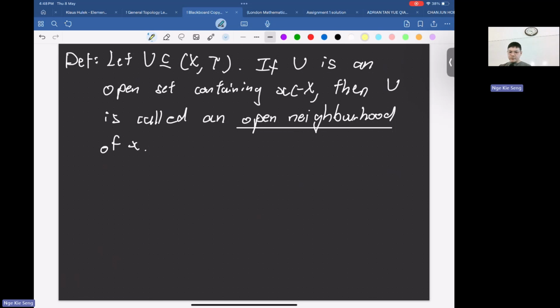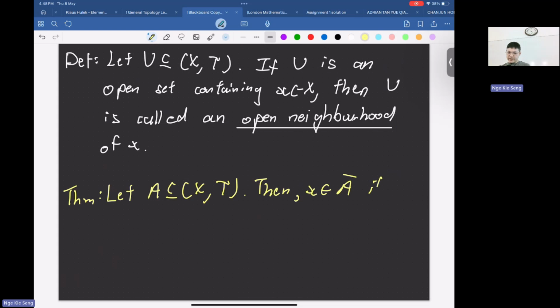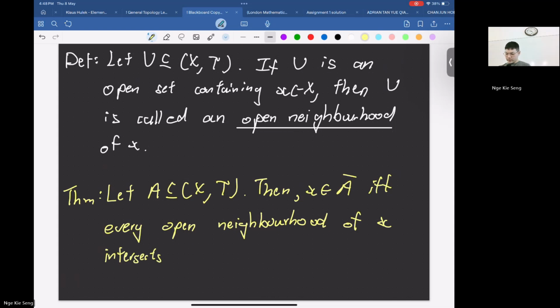If we phrase it in this way, then the theorem just now will be rephrased as such: a point is inside the closure if and only if every open neighborhood intersects A, not X, because we are talking about A bar. So we call an open set containing X the open neighborhood of X. 合理吗？OK，这就是被一个 open set 包住。